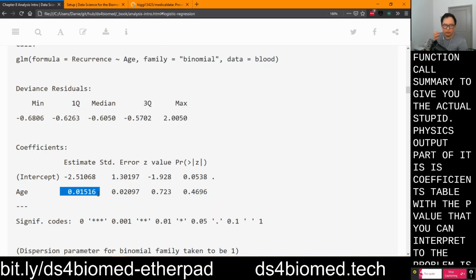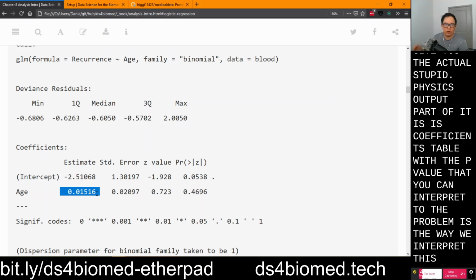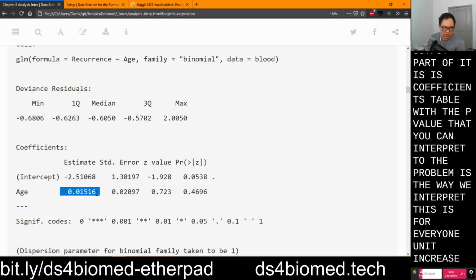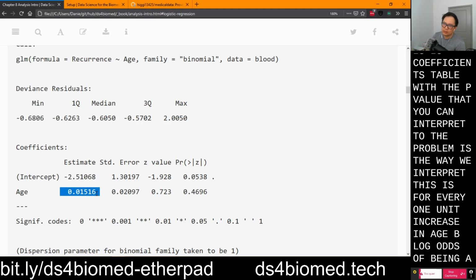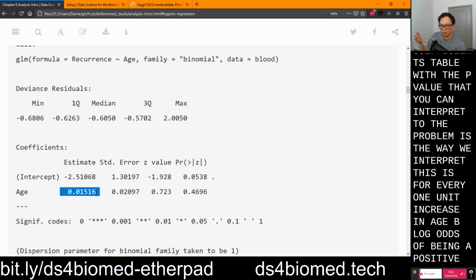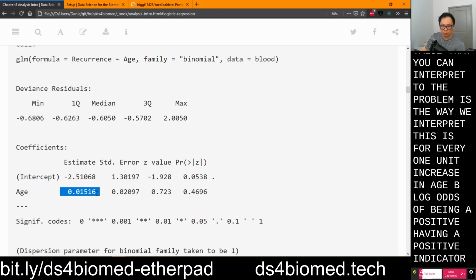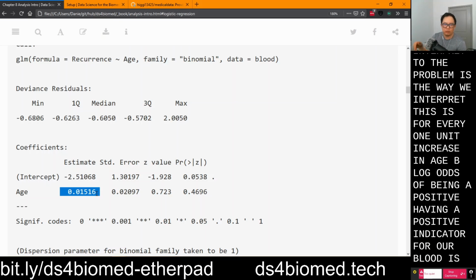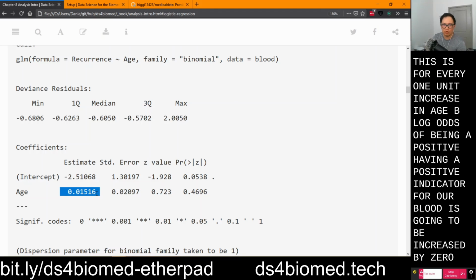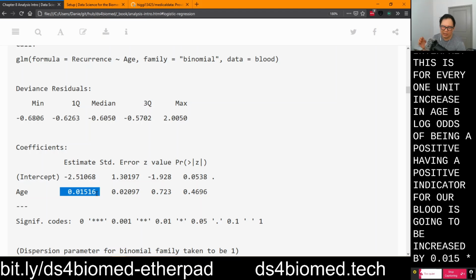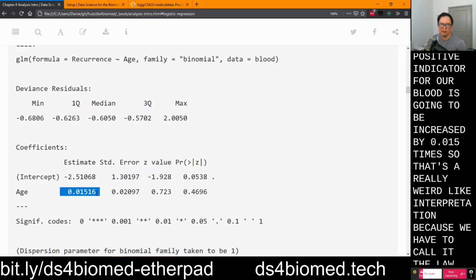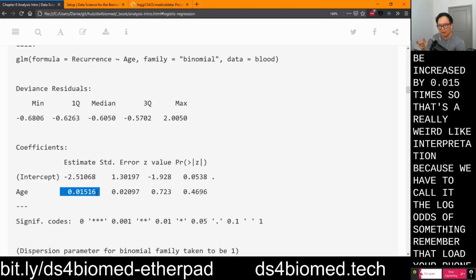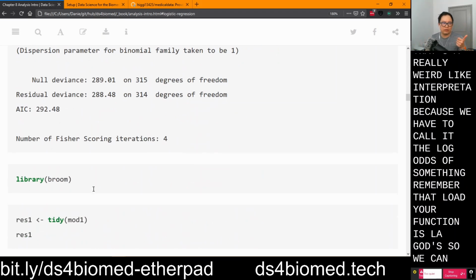So the problem is, the way we interpret this is for every 1 unit increase in age, the log odds of being positive, having a positive indicator for our blood, is going to increase by 0.015 times. That's a really weird interpretation because we have to call it the log odds of something. Remember that logit function is log odds. So we can undo that function